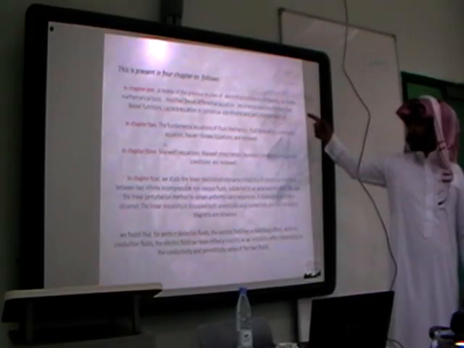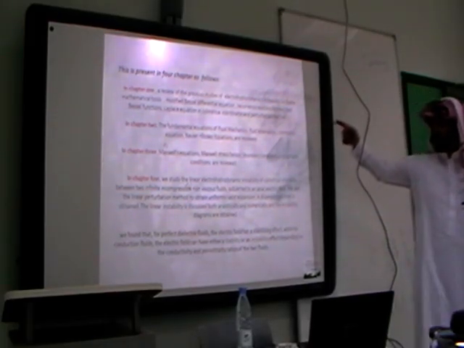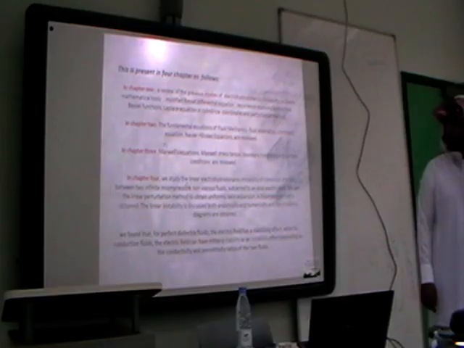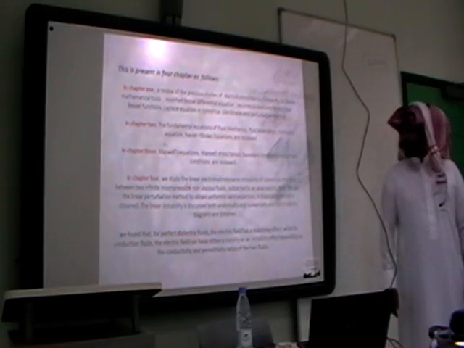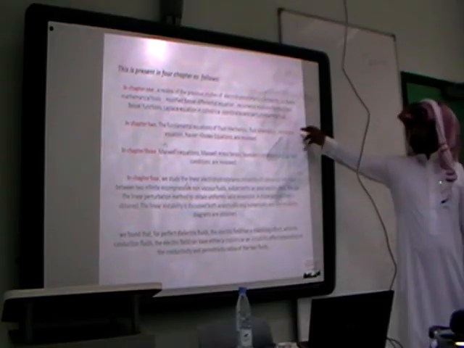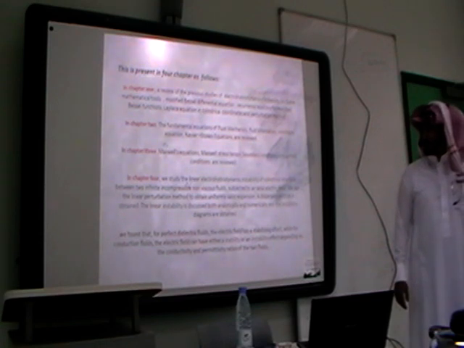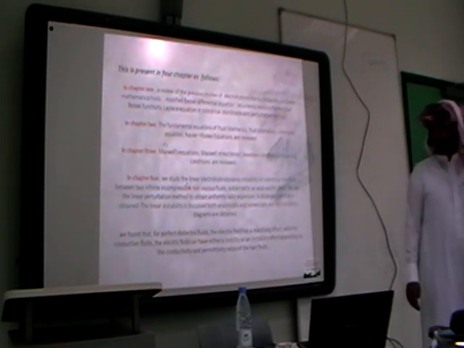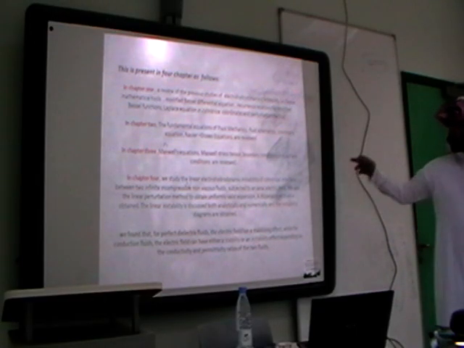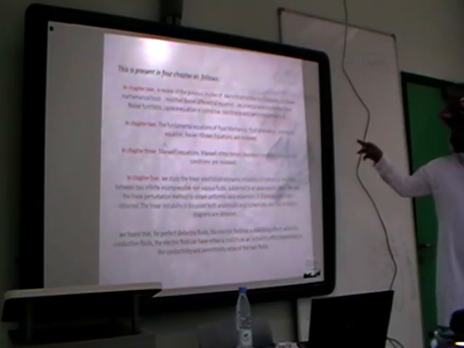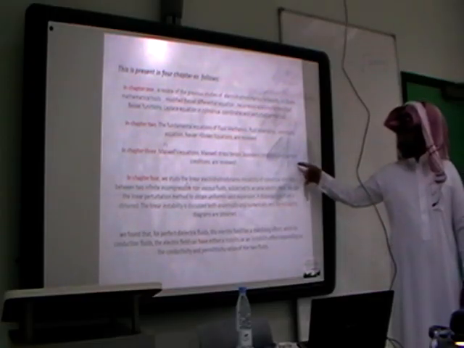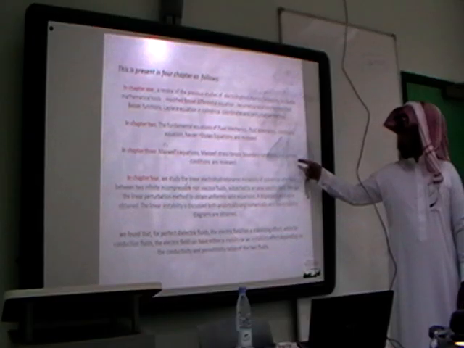It is presented in 4 chapters as follows. In chapter 1, a review of previous studies of electrohydrodynamics and stability of jets, and some mathematical tools: modified Bessel functions, recurrence equations, relations for modified Bessel functions, the Laplace equation in cylindrical coordinates, and the perturbation method. In chapter 2, the fundamental equations of fluid mechanics, fluid kinematics, the continuity equation, and the Navier-Stokes equation are reviewed. In chapter 3, Maxwell's equations, the Maxwell stress tensor, boundary conditions, and the